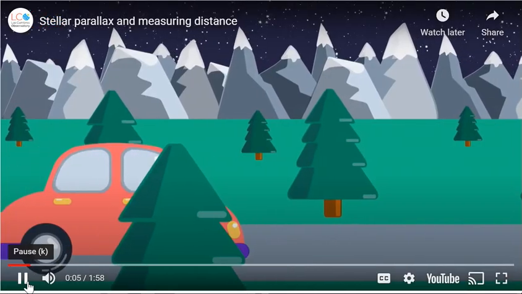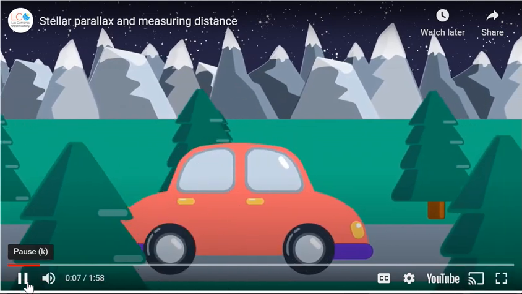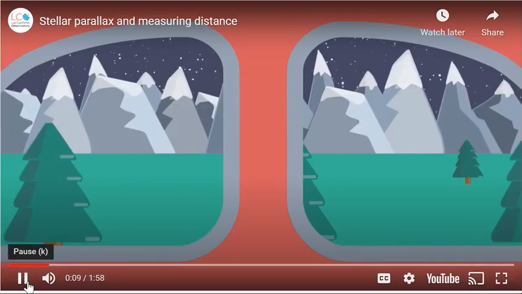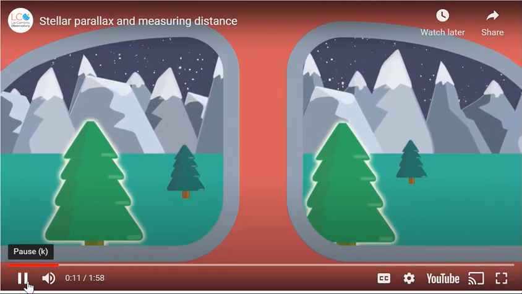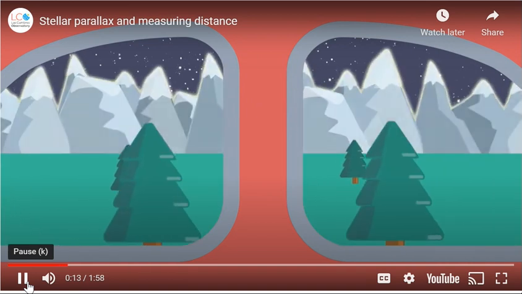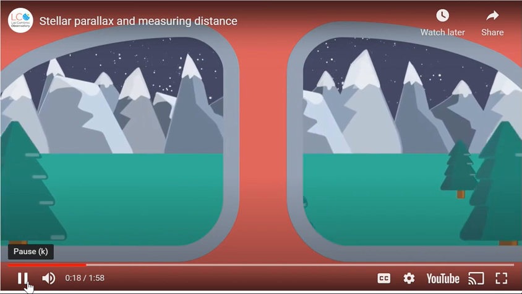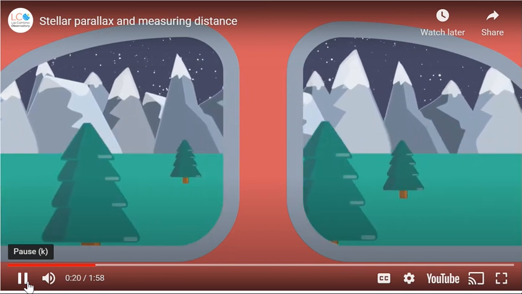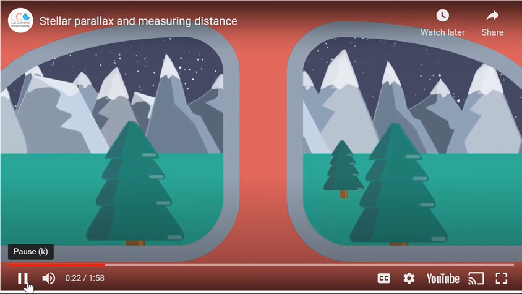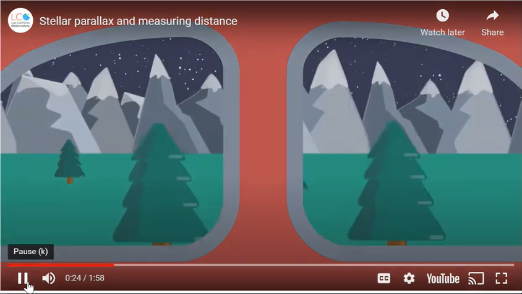Have you ever traveled down a road in a car and looked at the mountains or hills in the distance? If you have, you've probably noticed that while nearby trees quickly fly past the window, the mountains move much slower, and in the far distance, the moon and the stars don't seem to move at all. As you move, objects closer to you, such as the trees, seem to shift position relative to more distant objects,